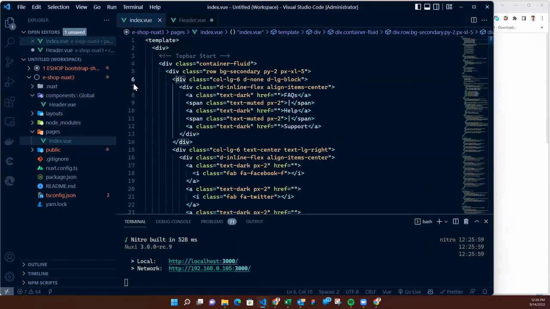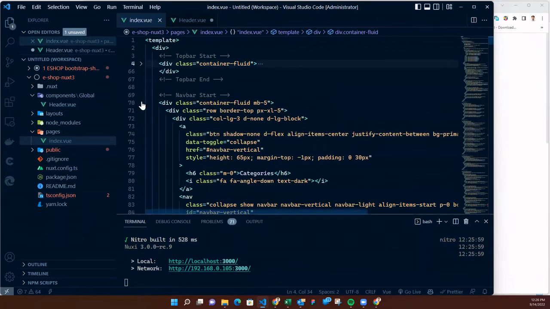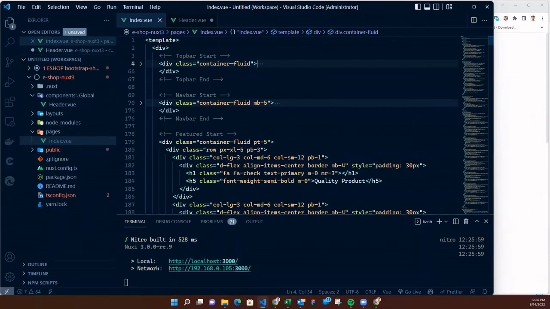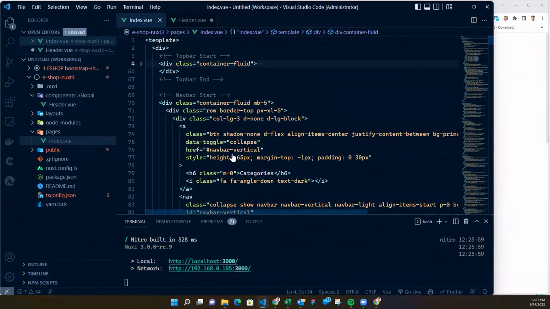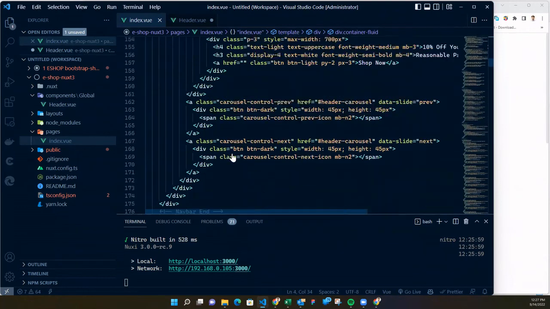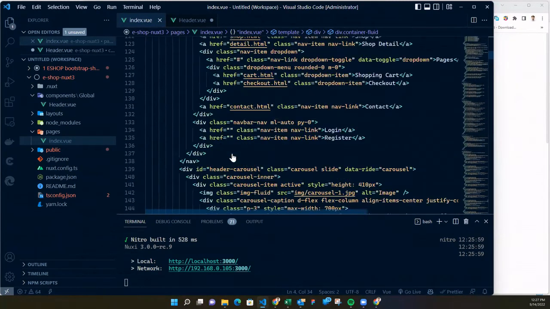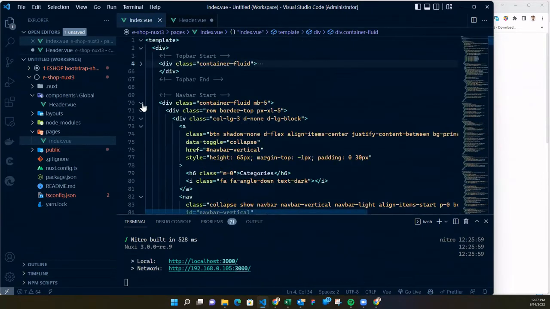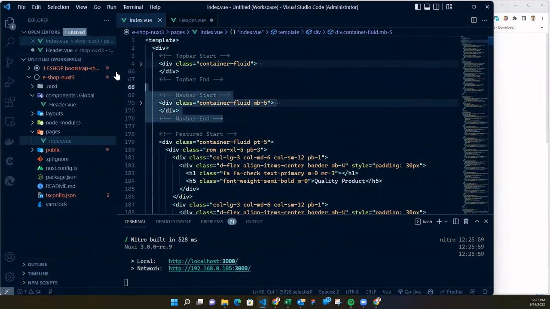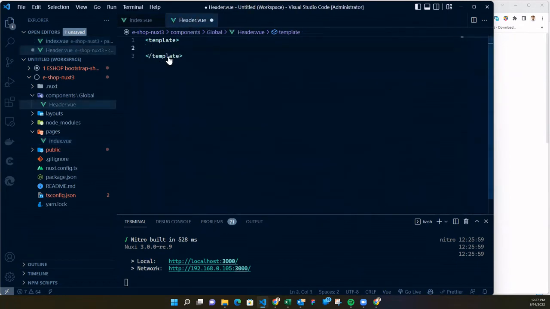So we have this div where the top bar starts, the top bar ends here, the nav bar starts here, the nav bar ends here. Inside this we have categories, and just everything. I think the carousel is also here. Yeah, the carousel is also here. Okay, we'll take care of that. So let's take everything up to the navbar, the top bar and the navbar, these two things from here to our